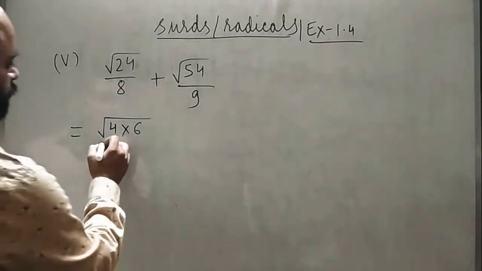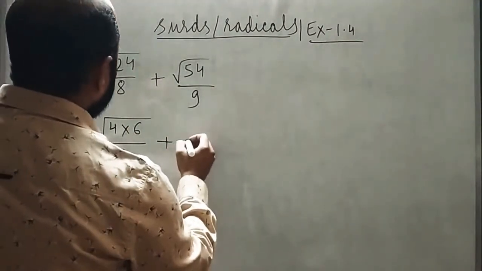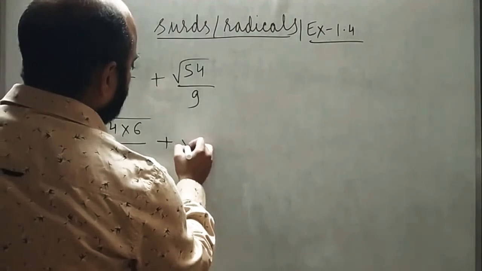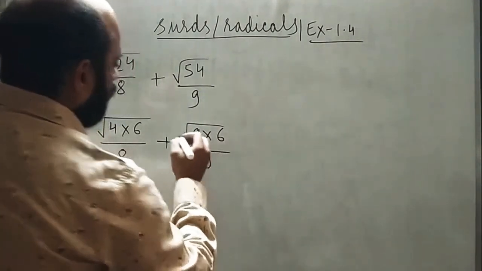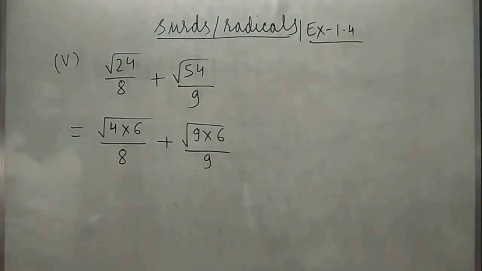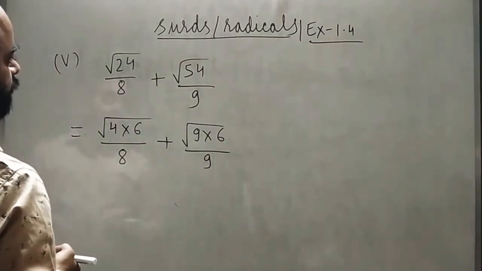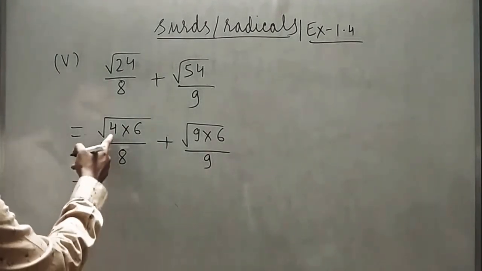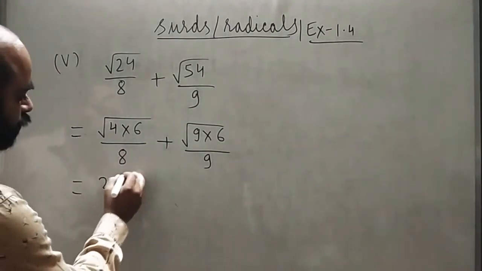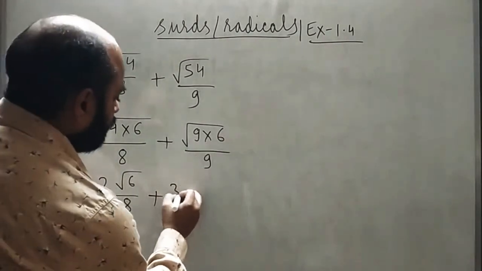Correct? This can be written as 9 into 6 upon 9. Clear? So this will become, or if you can write is 8 root 3, 8 into 3. Okay, correct. So this will become, see, square root of 4 will be 2. So 2 root 6. Square root of 9, 3, 3 root 6